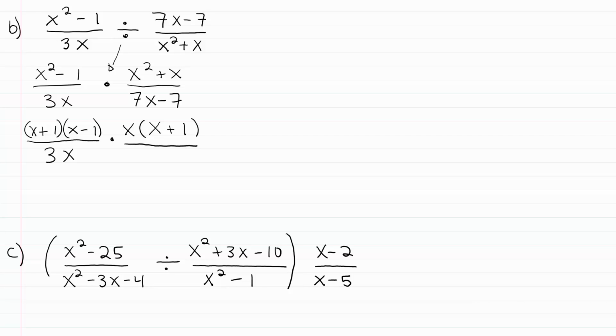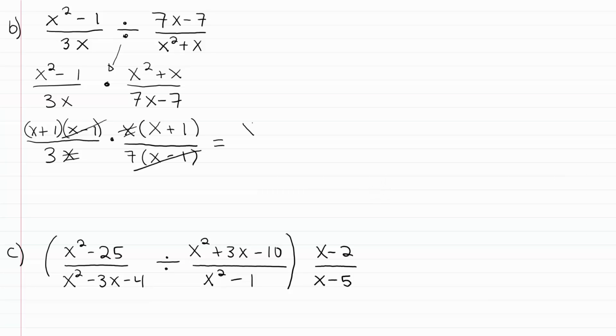Draw your fraction bar, and then pull out a 7 in the denominator. That's common to both terms. So I factor out a 7, I'm left with x minus 1 in the denominator. Now from here, we simply cancel and then multiply whatever's left over. So it looks like we have an x here that will cancel with this x. We have an x minus 1 in the denominator here that cancels with the x minus 1 in the numerator